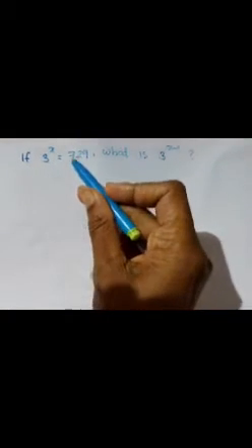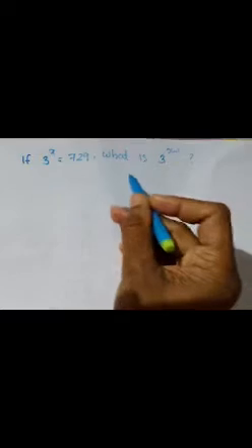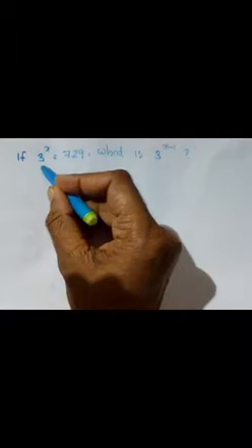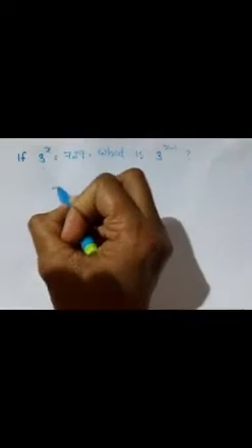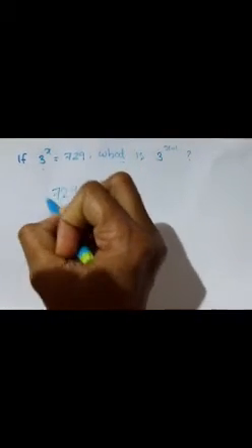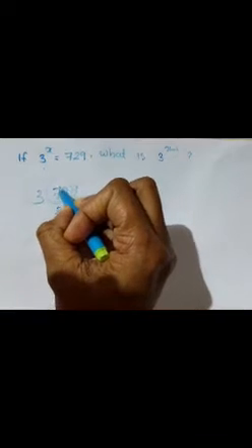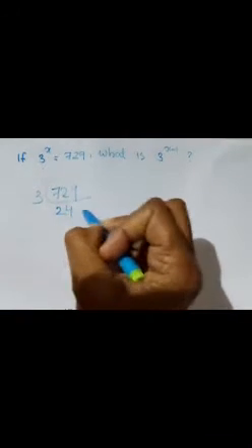My next question is, if 3 raised to x is 729, what is 3 raised to x minus 1? The same pattern of the question that we discussed earlier. Okay, here it is the power of 3. So we want to factorize 729 with 3. 2 3s are 6. Carry 1, 12. 4 3s are 12. 3 3s are 9. Again with 3.